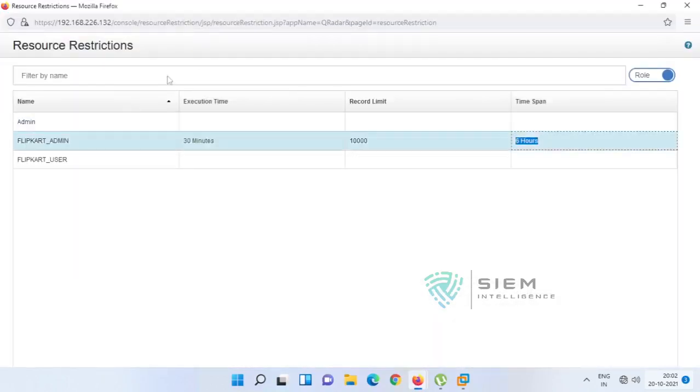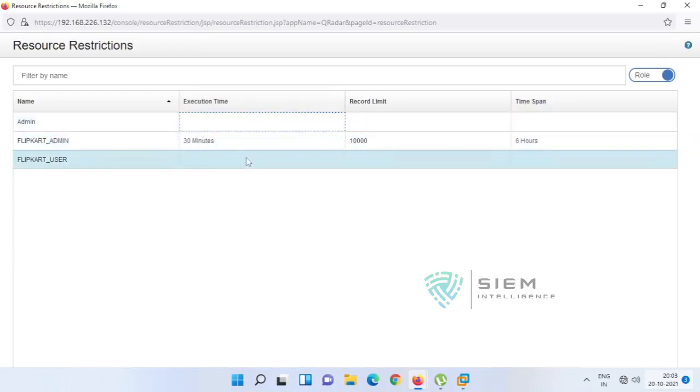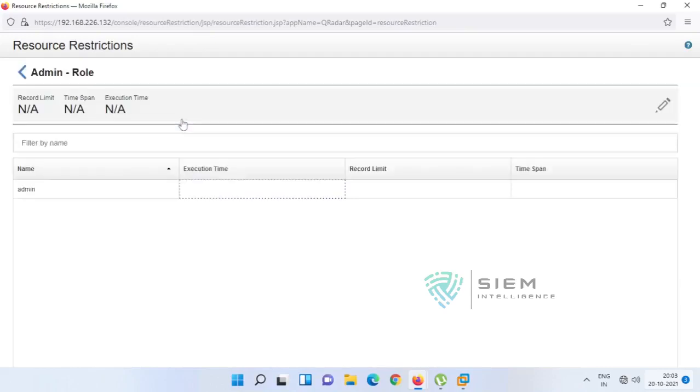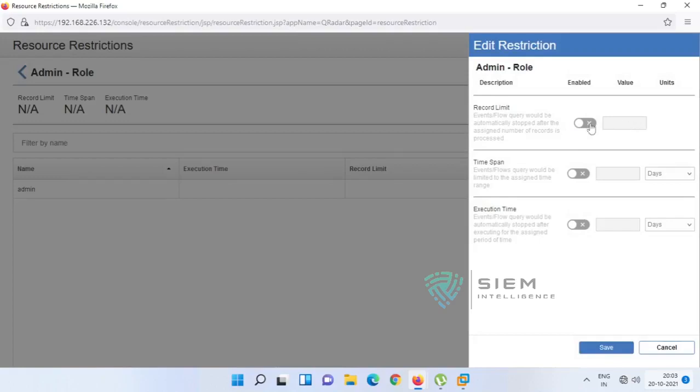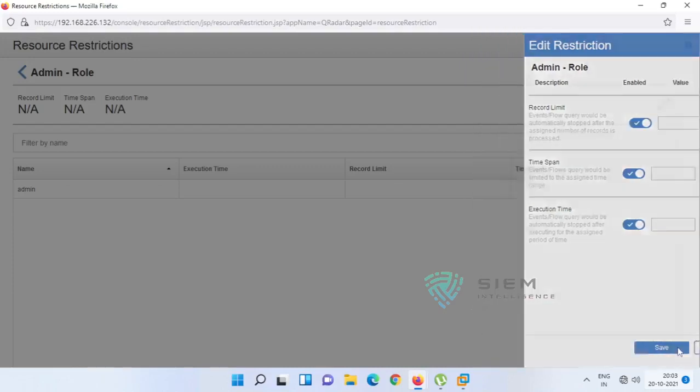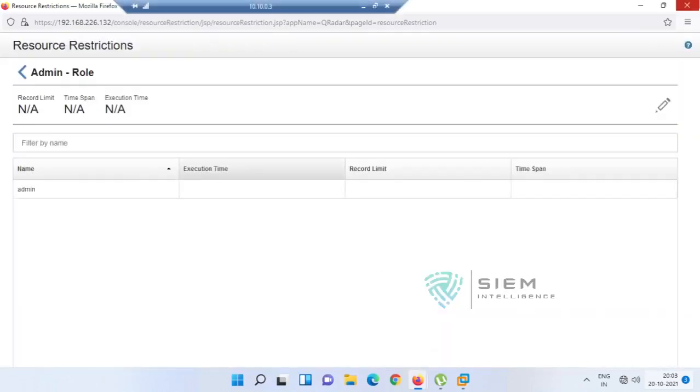Three things related to resource restriction. Like that you can set a time span of 6 hours and an execution time of only 1 minute. But for the admin role, restriction is not possible. Generally, if you set it, it won't allow. It allows here, but it again does the entire thing. Admin is a super admin, he can do anything.